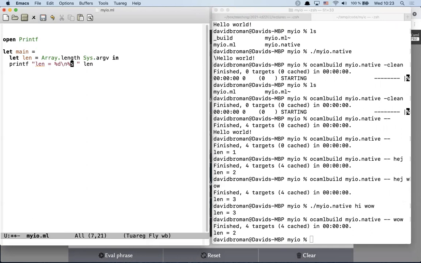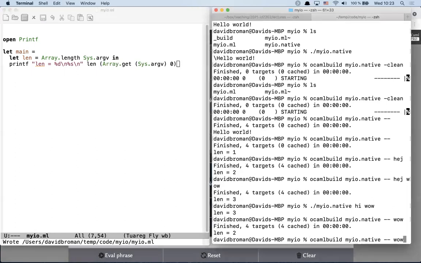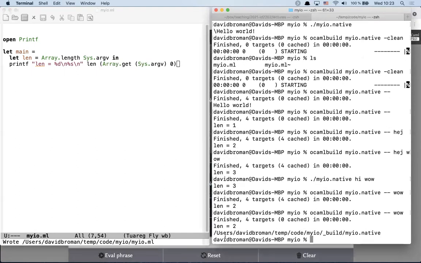So we can use print s, which prints that, and then we do a new line again. And we basically just pick out that element, and there is a function called array get, and then we have to get the Sys.argv, and let's say pick out the first element, which is index 0, and run that. So I wonder what comes out there. Well, this is standard in Unix. It's basically the thing that was available in the first in argv is the name of the program that is executed. So if I do like this and take the second argument,